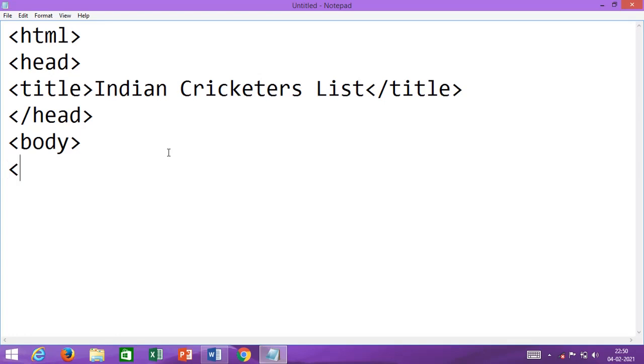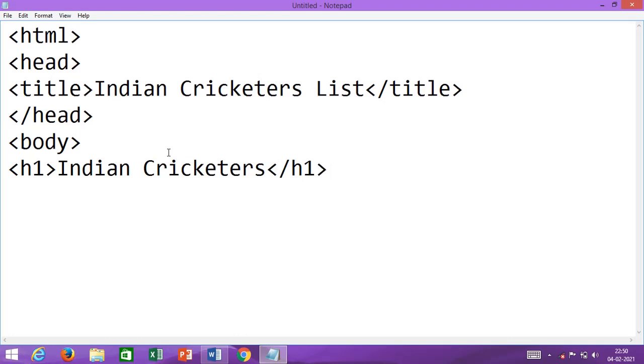If you write H1, this will be the heading of the file. Heading means it will appear inside the web page in bold, big letters. So I will write Indian cricketers. Then I will close H1, because this is also a container tag.